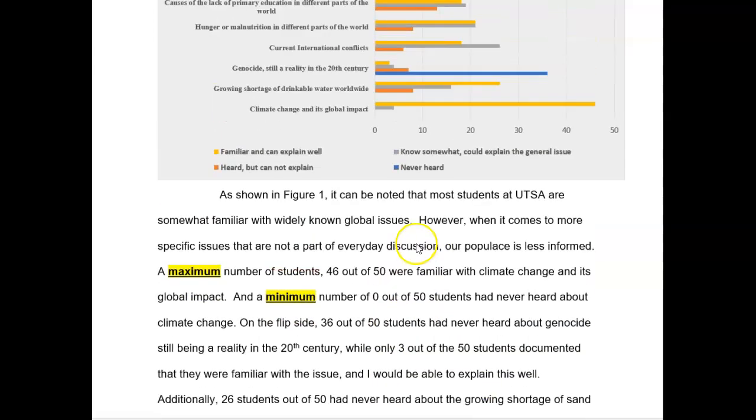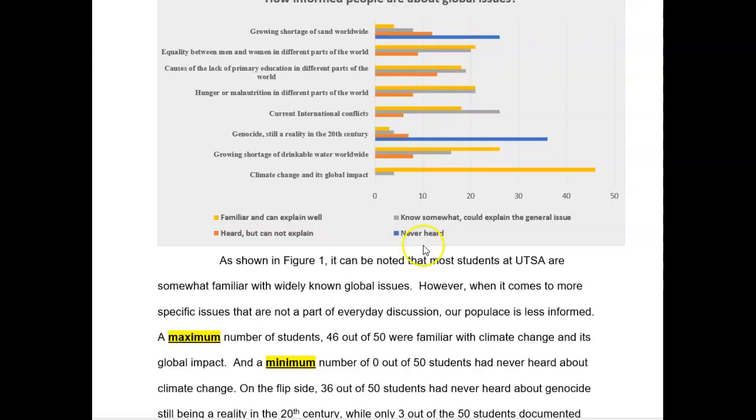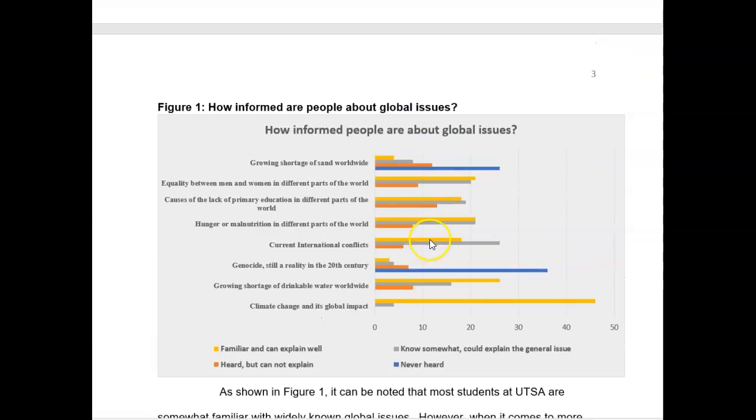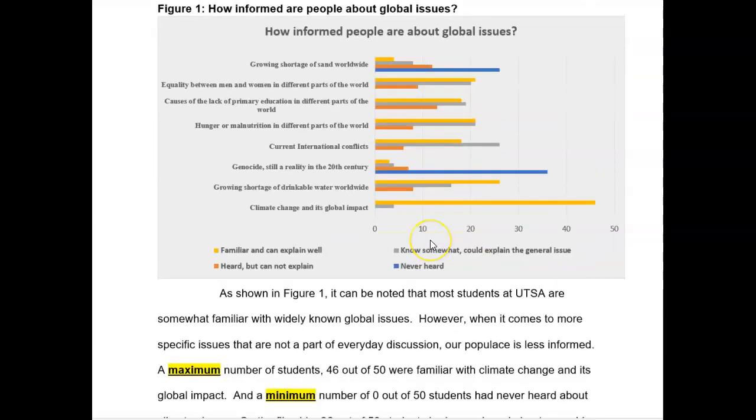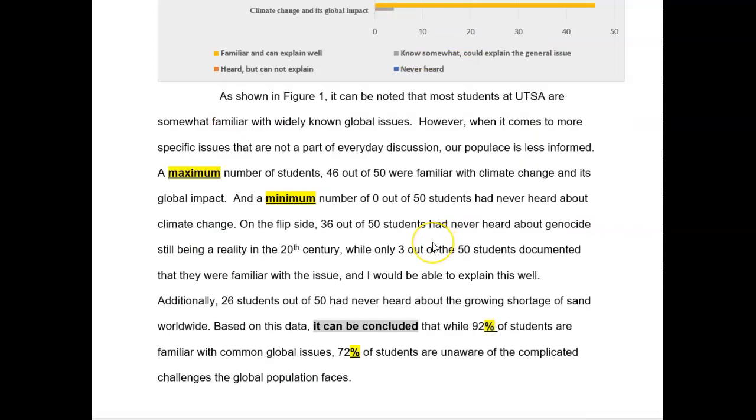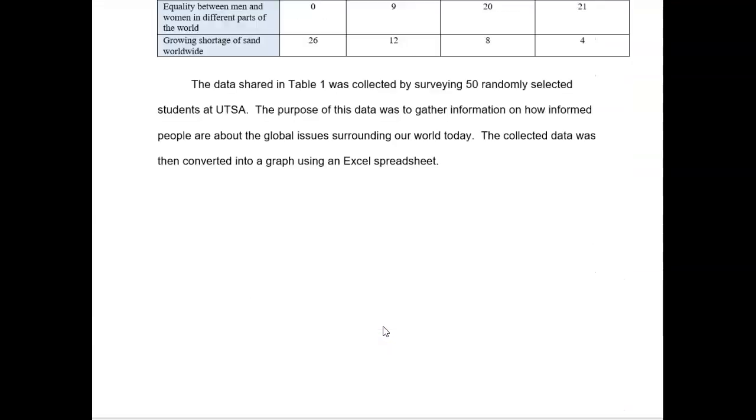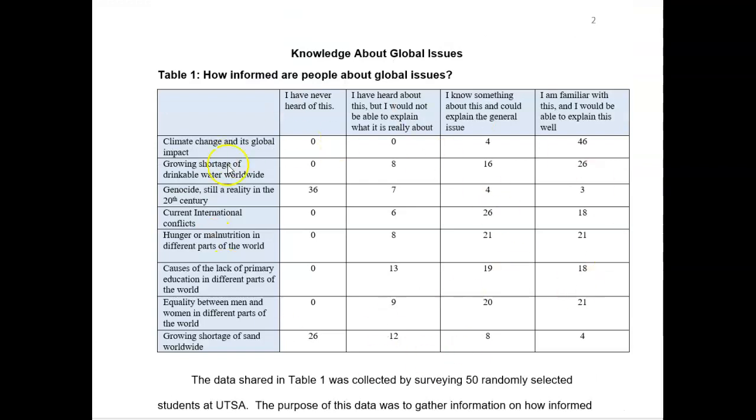So it's an easy assignment. You have to give it some time to conduct the survey. The survey does not have to be conducted face-to-face. You can email your survey out to a number of students, or you can actually go out in the field and hand out the survey. It's up to you. So you're going to end up with 50 to 60 responses, and you're going to gather the responses and convert them into this table first. And we will discuss that in our next slide or next video.